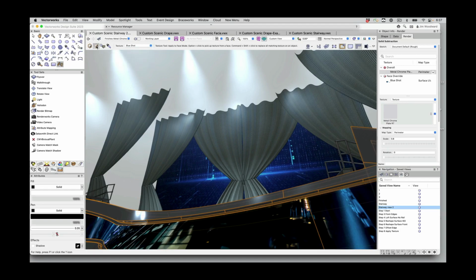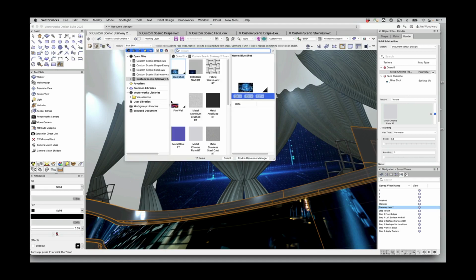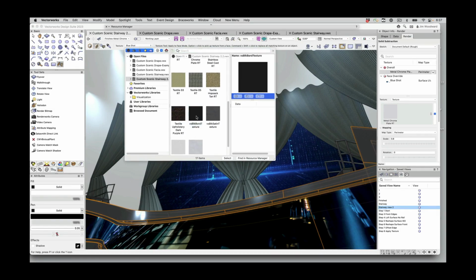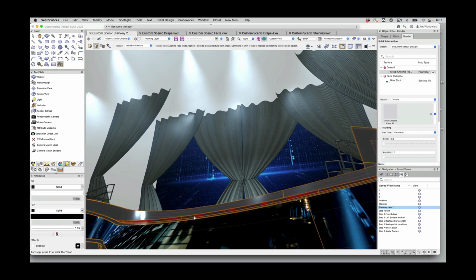So let's select the face, and we can go with maybe a matte black. You'll see we can pick each individual face. And now that I have those, any of those faces that I changed,